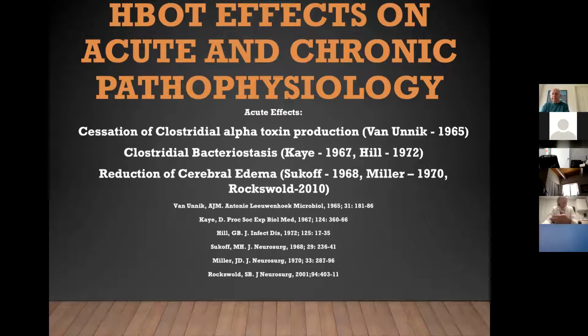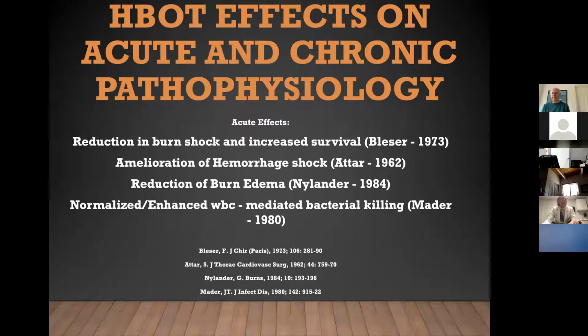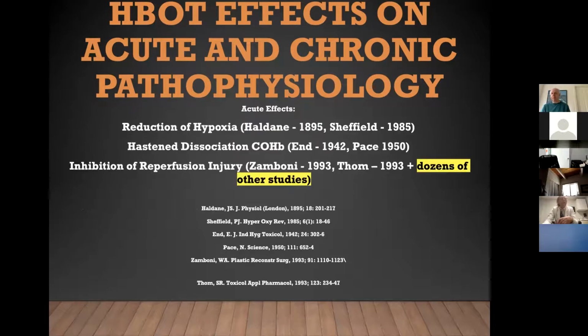Effects on alpha toxin, cessation of production, clostridial bacterial stasis, reduction of edema. This has been shown now in every tissue and organ in the human body with hyperbaric oxygen. Effects on burn shock, survival, hemorrhagic shock, again, burn edema, enhancement of white blood cell mediated bacterial killing, effects on hypoxia, dissociation of carboxyhemoglobin, and effect on reperfusion injury, which is that return of blood flow after interruption, which, you